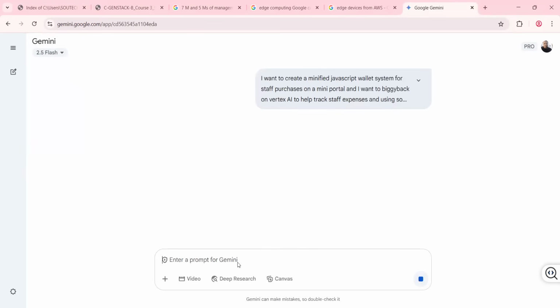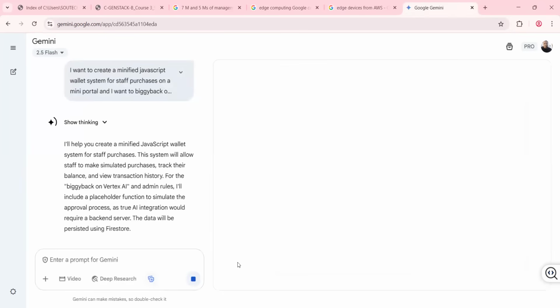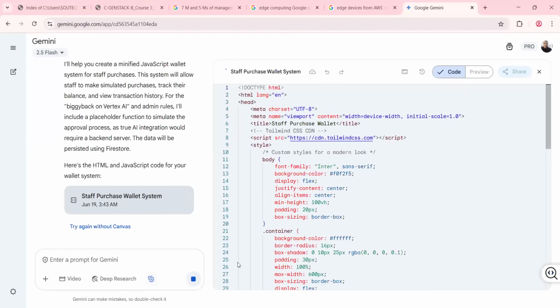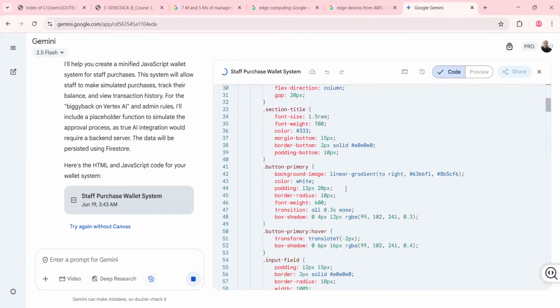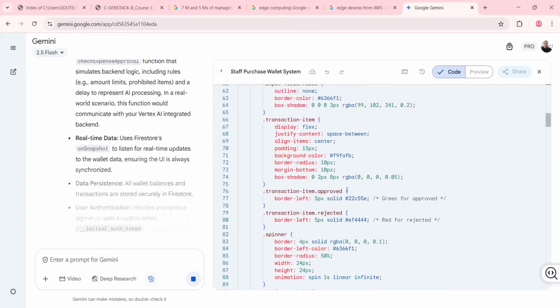So this is a very simplified way to say you want to build a system, but you want to use an existing model to now deploy your system so that it can be AI driven. Now, this is not a no-code system. This is a code-based system. So you need programming skill sets to be able to deploy this. For instance, using Tailwind CSS. Now, it's still writing the system.